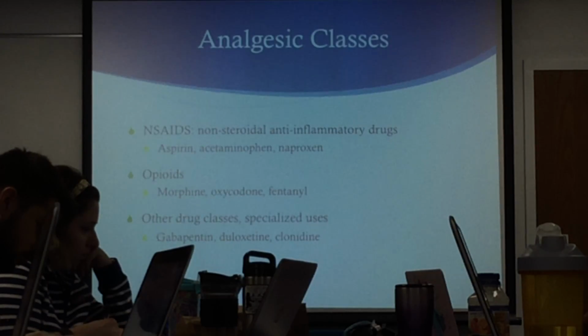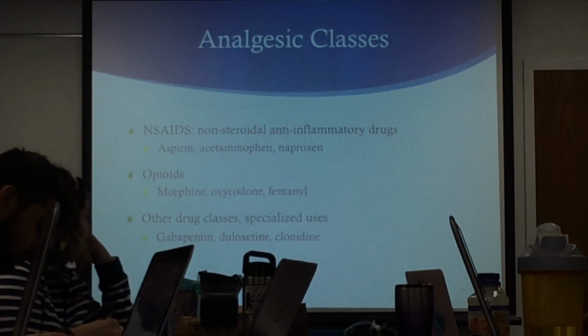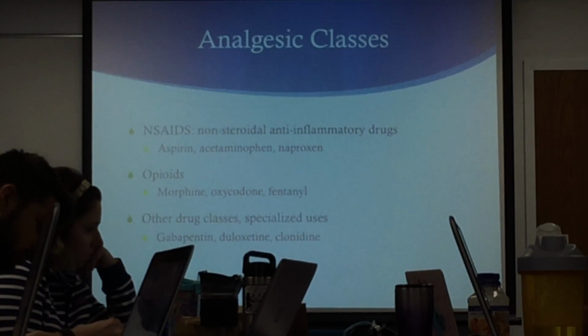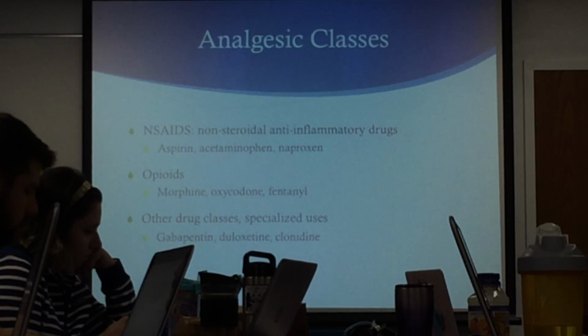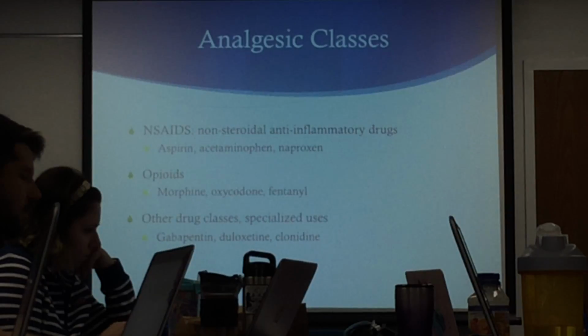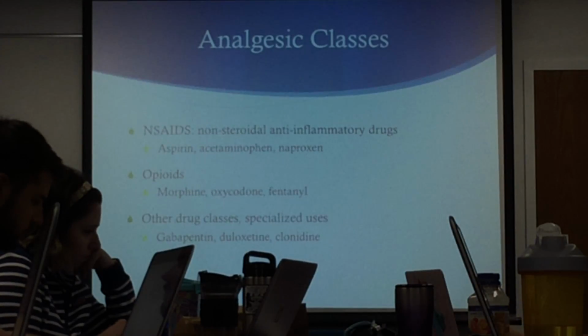Having understood in a very basic sense how pain is transmitted into the central nervous system, now you want to figure out how to stop it. If you're going to treat or manage pain, you need to figure out how to stop it. For the most part, other than local anesthetics, which I'm not going to talk about today but will talk about tomorrow, which basically just inhibit the nociceptor from firing at the source, the other main ways to treat pain are to use non-steroidal anti-inflammatory drugs,